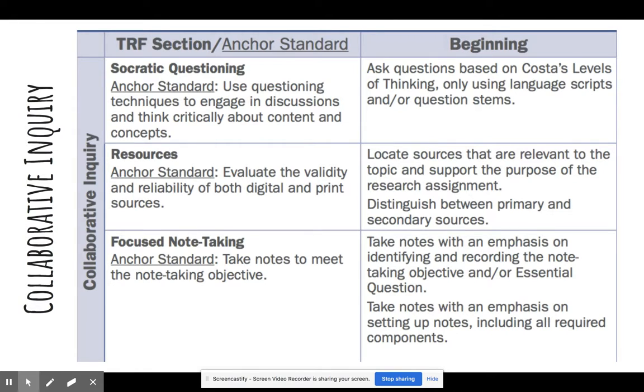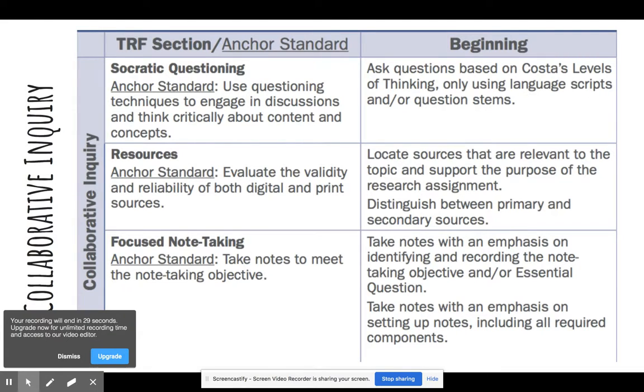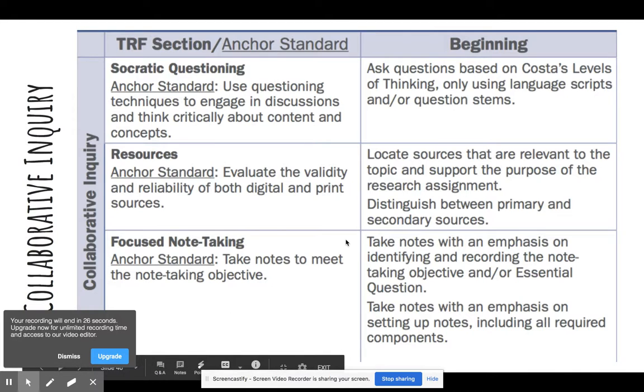One big thing for tutorials is that when you come into class on Thursday and you go into your breakout group for your tutorial, you need to have Costa's questions with you pulled up on your e-binder, and you should have uploaded this last time, so it should already be there. Have that pulled up, and you should be referring to that during the tutorial session, okay? Just like when we're in class, and if you have a math question that day, you would bring your math notes. That should be the same here. It's a little easier because obviously you're not lugging around a backpack, okay?